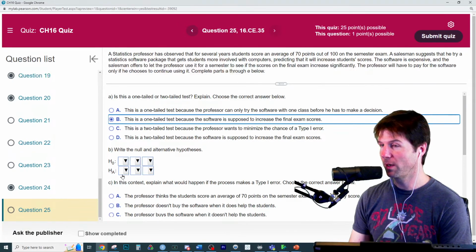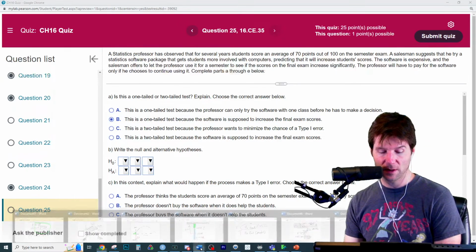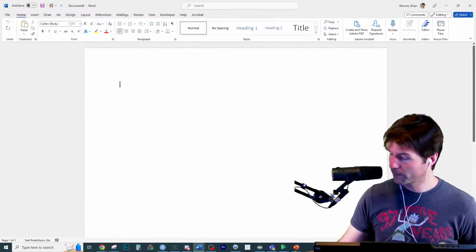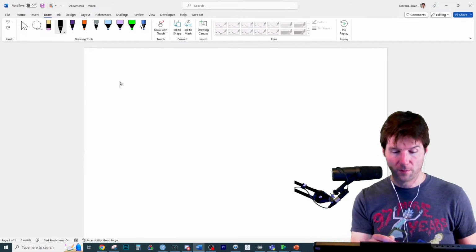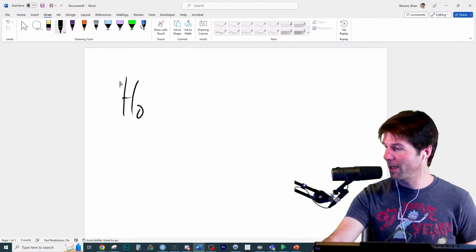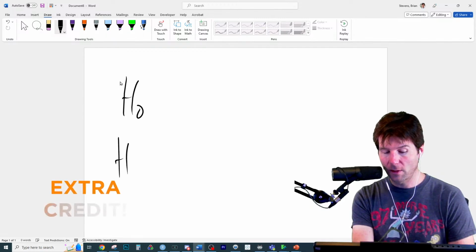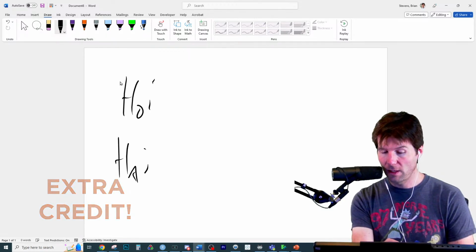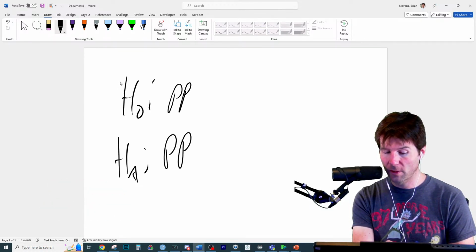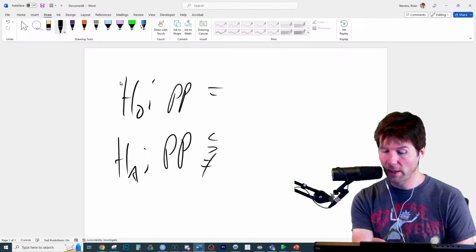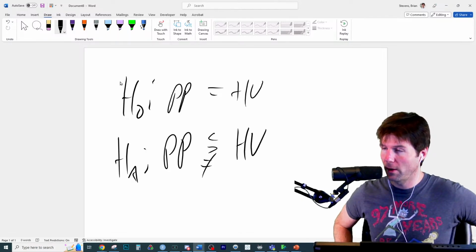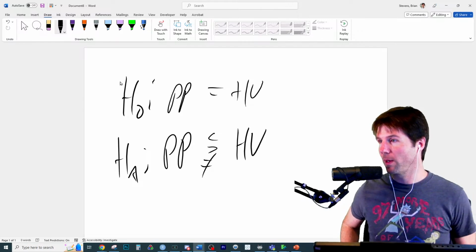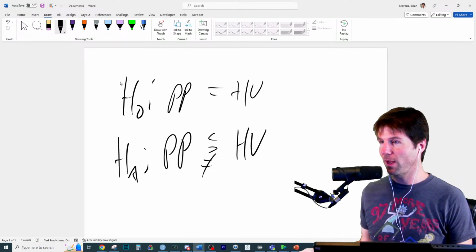Not quite, blank 4. So when we do these, I'll write down right here in the general form. We have the null hypothesis. Yep, blank 5. Great job, Jackson, Jesse right there. The null hypothesis is some population parameter is equal to some hypothesized value, using one of these signs right here.